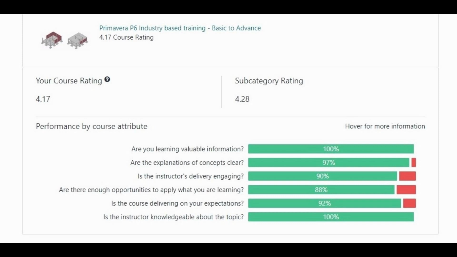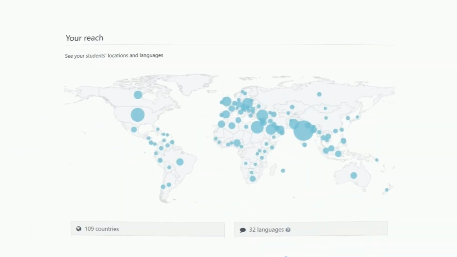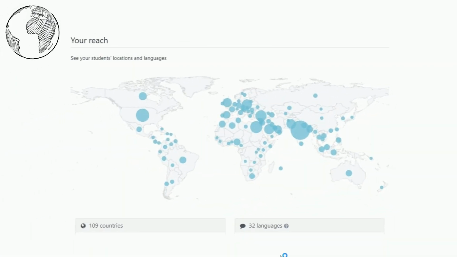And if you take a look at this graph, almost 90 to 100% of the students who have enrolled in this course have given positive feedback for this particular course. If you take a look at this, you can clearly see that it is not limited to any country. It has reach of over 109 countries and it is running pretty successfully.